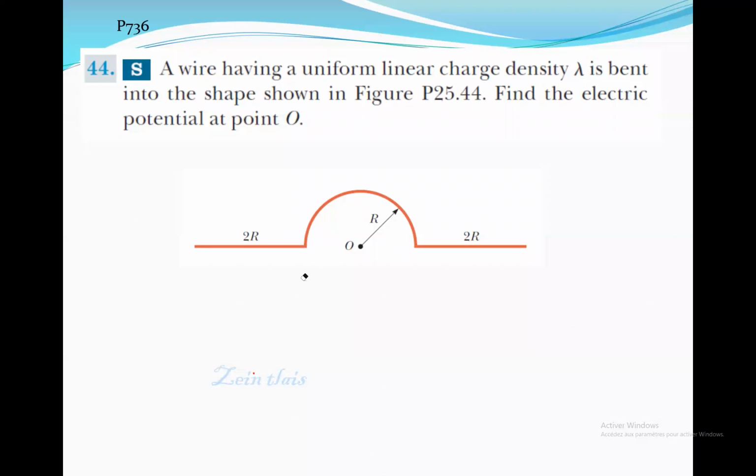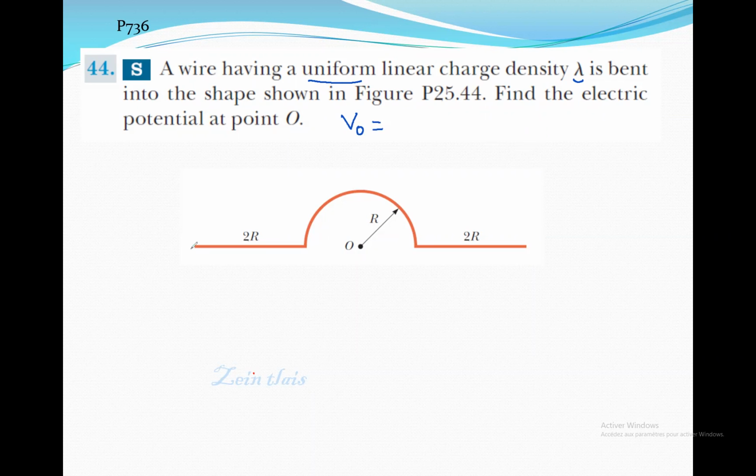A wire having a uniform linear charge density lambda. When we have a uniform, it means lambda is constant. And it has this shape. Find the electric potential at the point O. You know, V total created at the point O